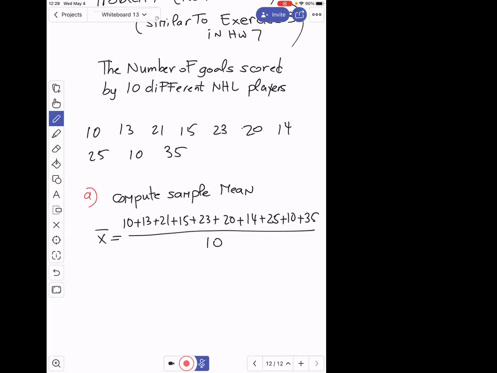It's over 10 because we have 10 different values. That's the size of our sample. So I need 186 on the top. Thank you so much. Over 10, which is